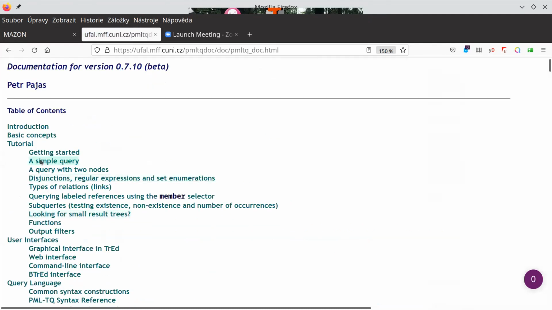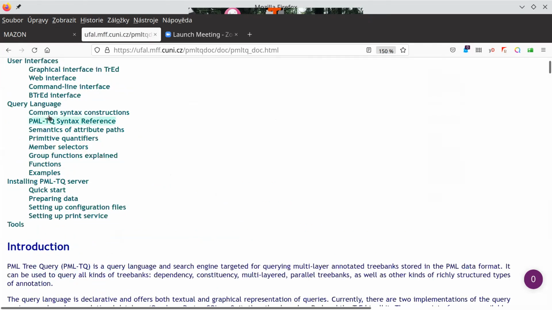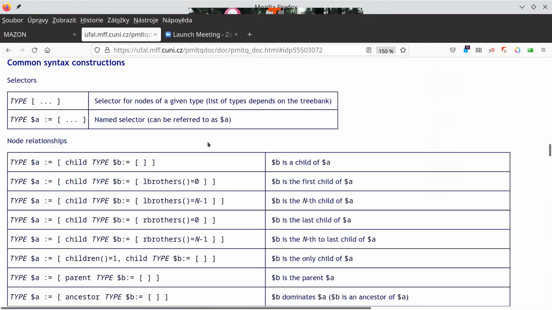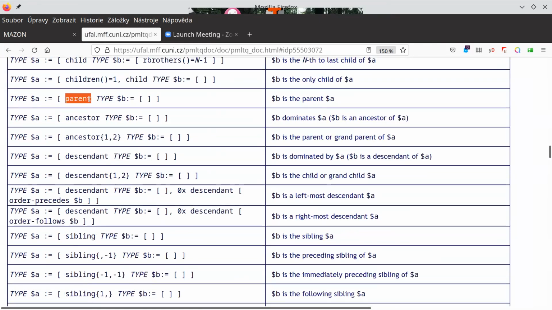There is some tutorial, some information about user interfaces, and there is a query language reference here. And now we will look at common syntax constructions. There is a table with many examples. We already know the child relation here. The opposite relation is parent. Then, transitively, there is ancestor, descendant,